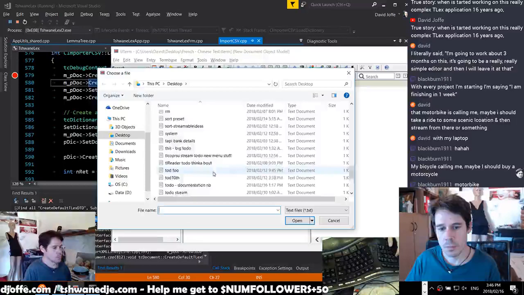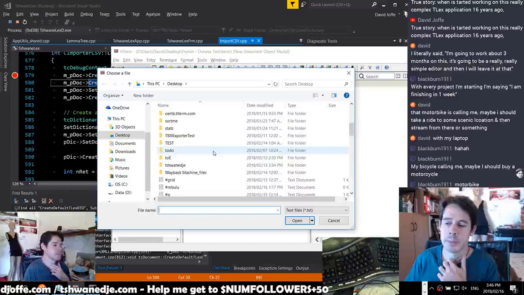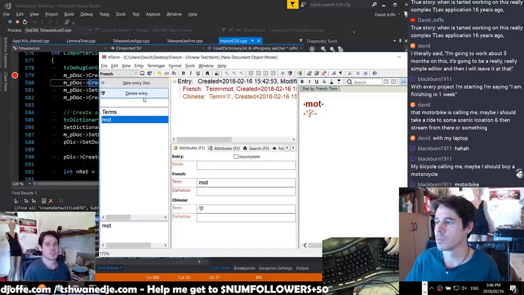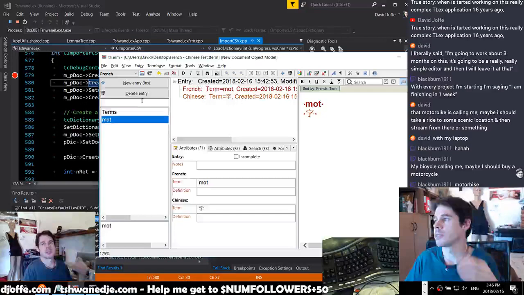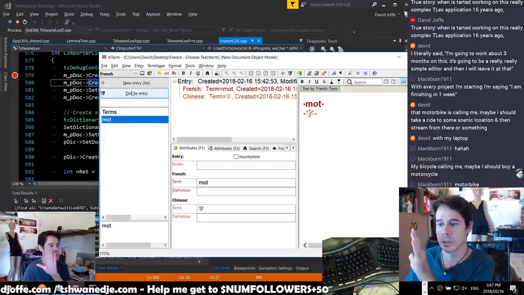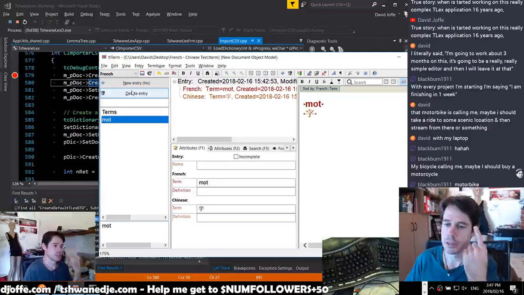Now what I also want to be able to do is say import Excel. I don't know how I should do it. Should I internally just convert to CSV behind the scenes and call the CSV code? I think it should. I think that's all it should do. But it should allow the opportunity for the user to select an Excel file. And then it should open that file, get the active sheet,